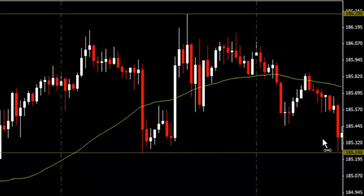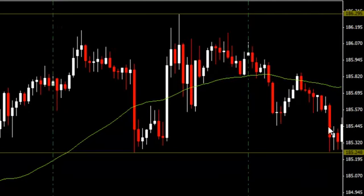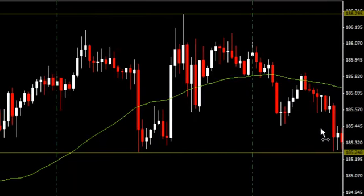We wait for the reversal signal candle. There's our reversal signal candle. Now, one of the things that you were a little bit concerned about when we took this trade, obviously, was that it was later in the day. I just kind of gave it away what happened there. But